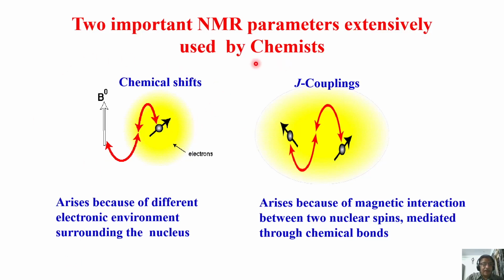These chemical shifts arise because of different electronic environments around the nucleus. I told you already. See, this is again the picture from Professor Malcolm Levitt's book. See, in the magnetic field, the nuclear spin is not bare; it is surrounded by electrons. This is going to shield this nucleus. We'll see about chemical shift shielding now. And this J coupling, again, there is a magnetic field because of the electrons surrounding it through the bond. This goes through the bond and finally goes to this. This arises because of magnetic interaction between two nuclear spins mediated through a covalent bond.